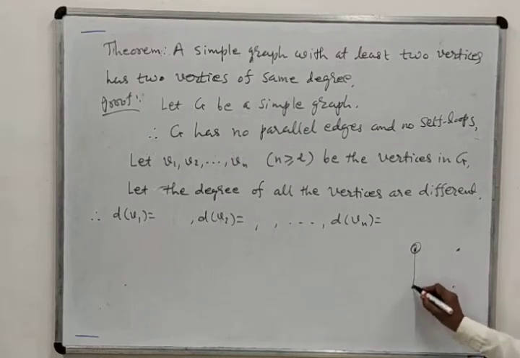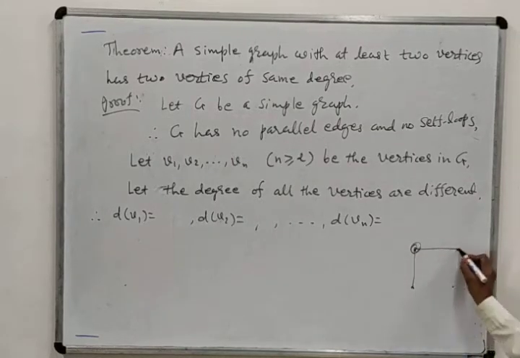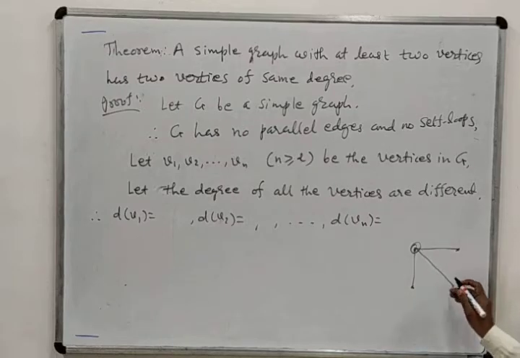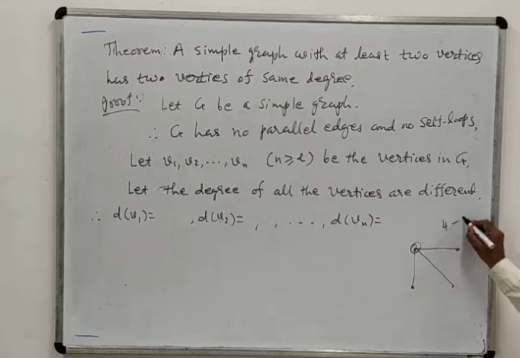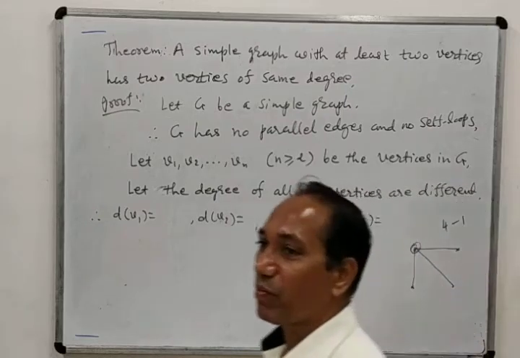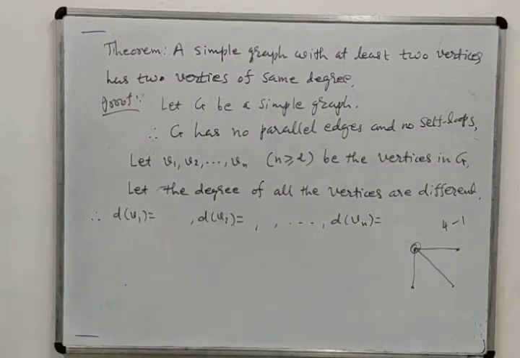So it can be joined by this only, or by this only, or by this only. So maximum in 3 ways it can be joined. So there are 4 vertices. So we can see that one vertex can be joined by maximum 4 minus 1, that means 3 edges to